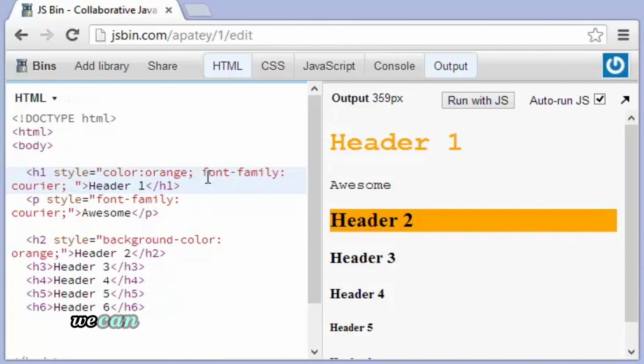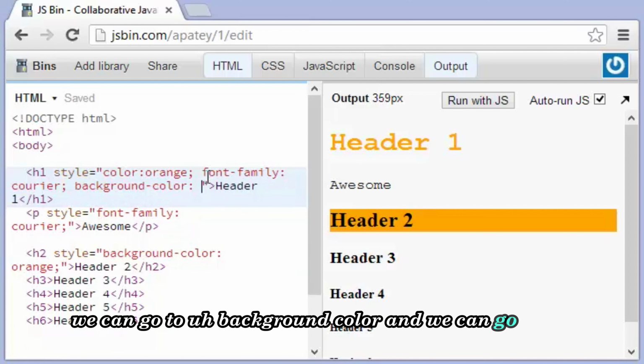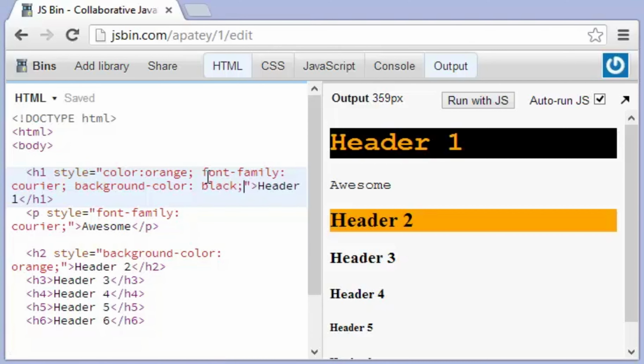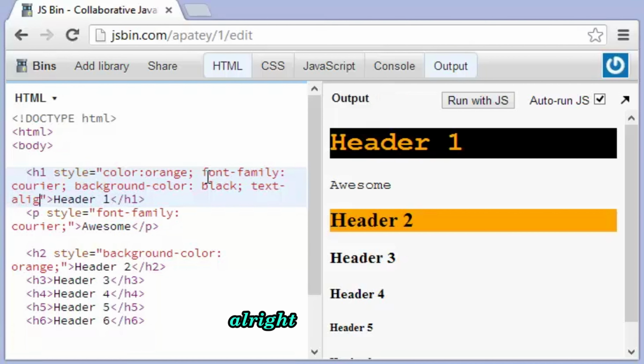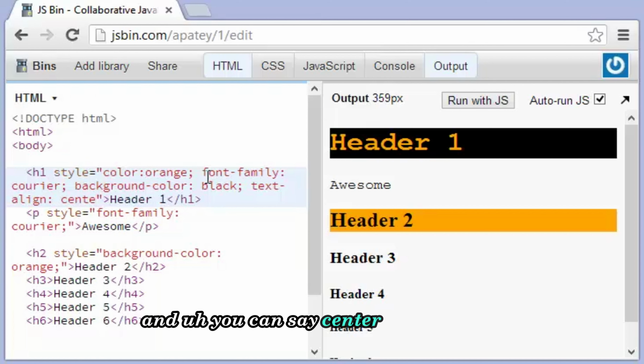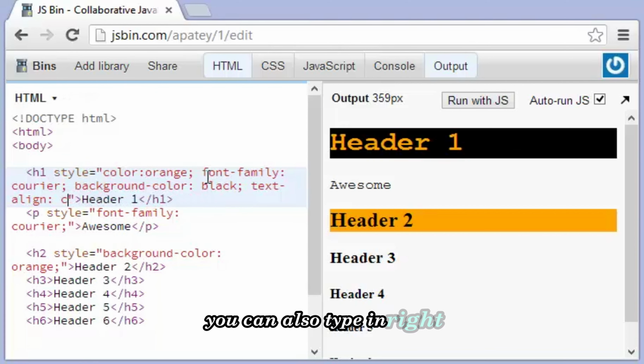So watch this. We can go to background color, and we can go black, okay? And there you go. You can see the background color there. Now, there's one other thing that you'd probably like to do. The other one is text-align, all right? Just like this, and you can say center, just like that, and you can see that the text-align is center. You can also type in right,